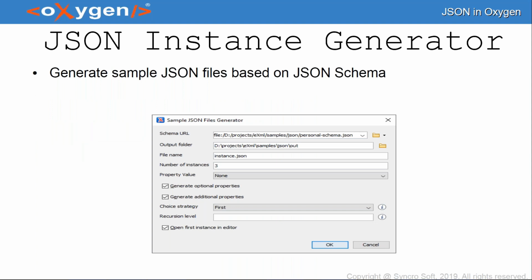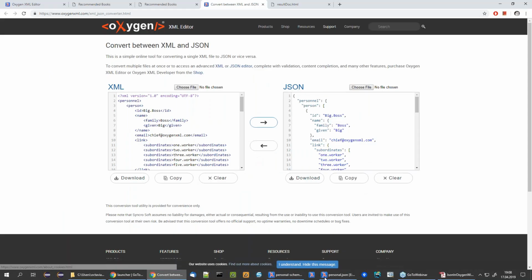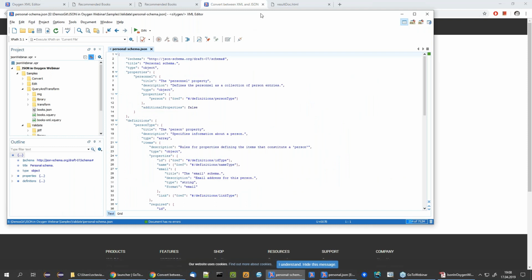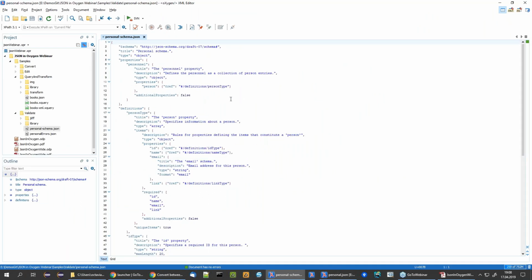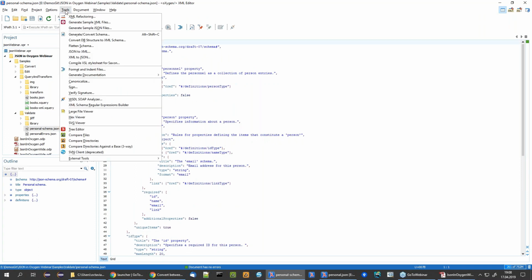We already created this JSON instance generator. It will be available in the next version, so now it's in development, and we hope to have it in the next version. That will be, I think, in a month or something. And I can show you how it works right now. So I have here the current developed Oxygen, and we see that we have this personal schema, and in the tools menu I have here a generate sample JSON files action,